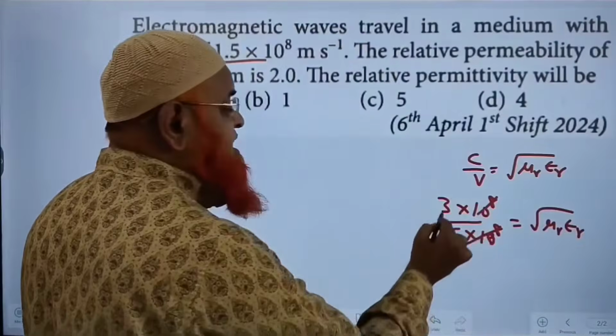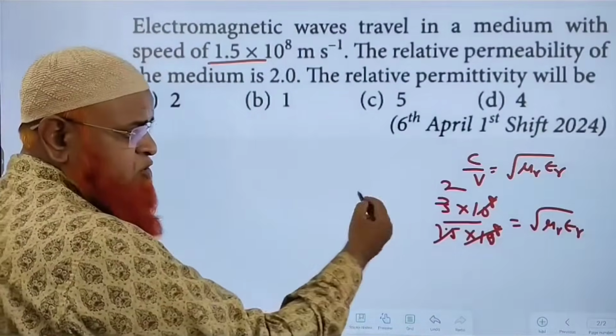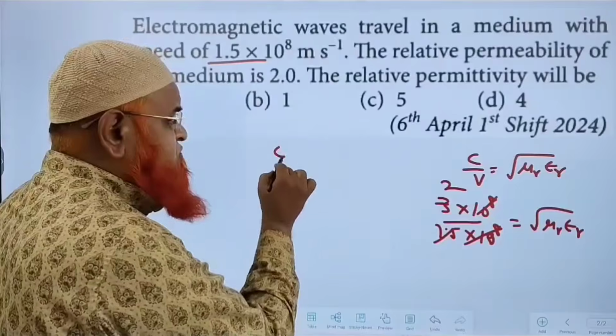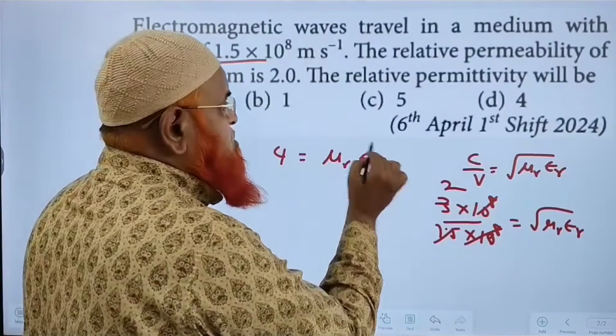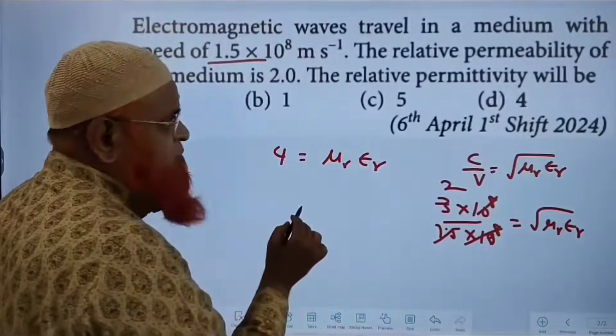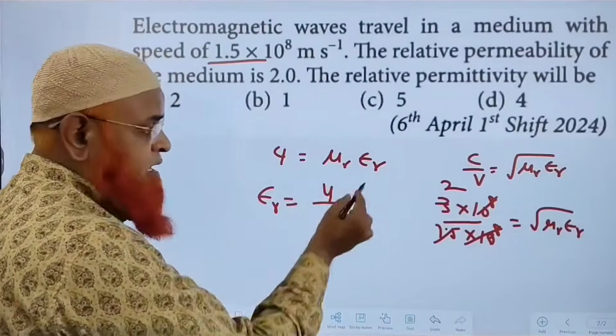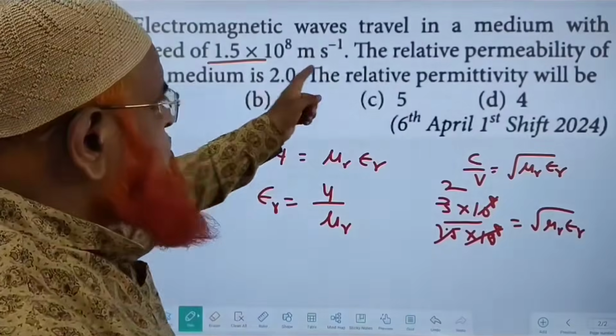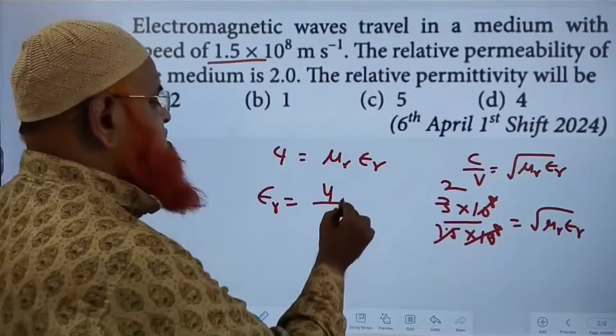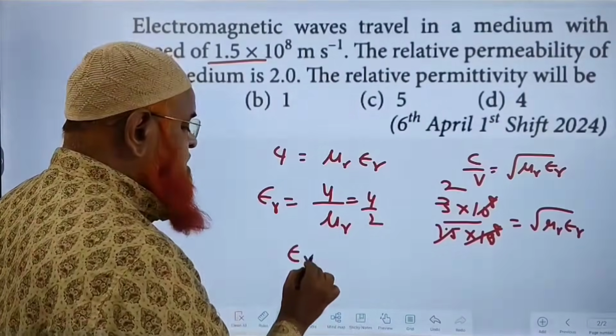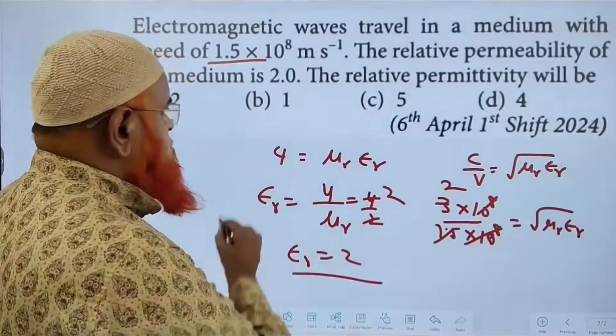यहां पर दोनों कैंसिल, ये 2 टाइम्स हो जाएगा, तो दोनों साइड्स पर स्क्वायर करेंगे तो हो जाएगा 4 which is equal to μr εr। सो रिलेटिव परमिटिविटी पूछा है। सो εr is equal to 4 by μr। μr वैल्यू हमको दे दिया 2, सो इसलिए ये हो जाएगा 4 by 2। देयरफॉर εr is nothing but 2 होगा आपका आंसर।